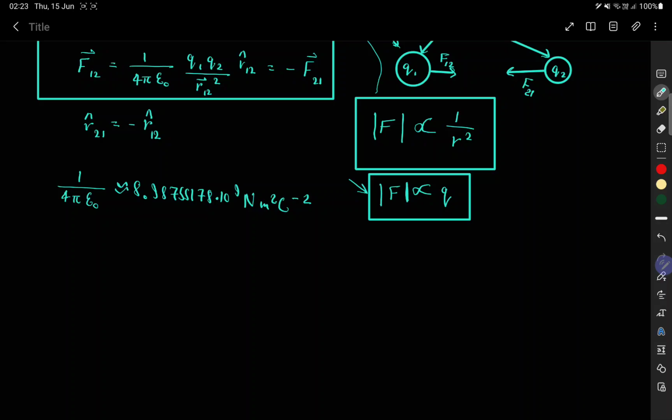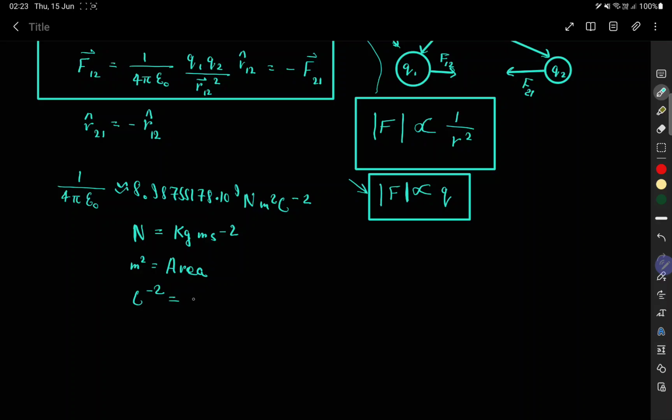Now I'm assuming you guys are familiar with these units, but just in case you aren't, Newton refers to kg meter per second squared, which is the unit for force, right? And then we have meter squared. I'm sure you guys are familiar with meters. It's just a unit of length, so this should be a unit of area because it's squared, correct? And per Coulomb squared,